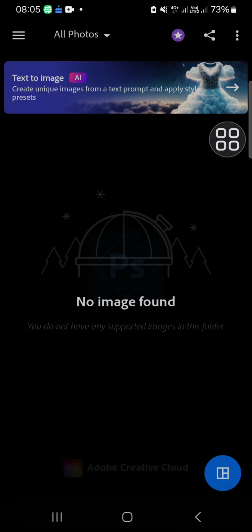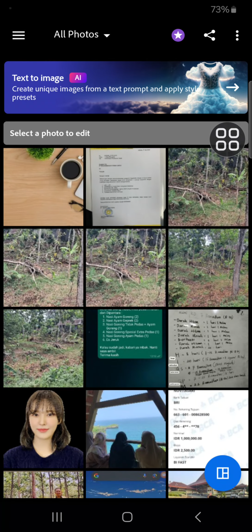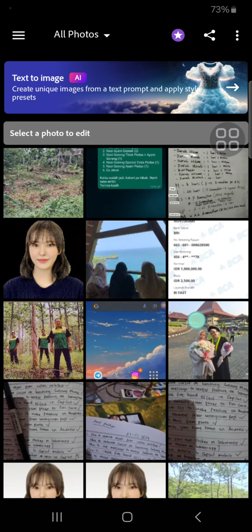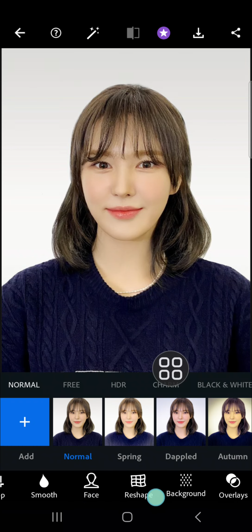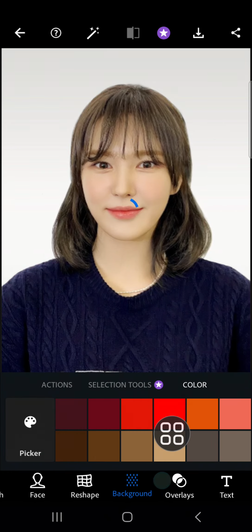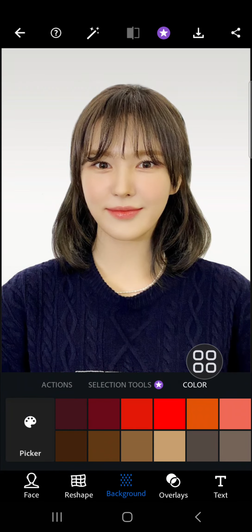And after we have our Photoshop application opened, we can select a photo we want to change the background on. For example, I'm going to change the background of this photo. So I'm going to click on it. Then we can go to the background section. Go to this background section, and here we just need to choose the color we want to